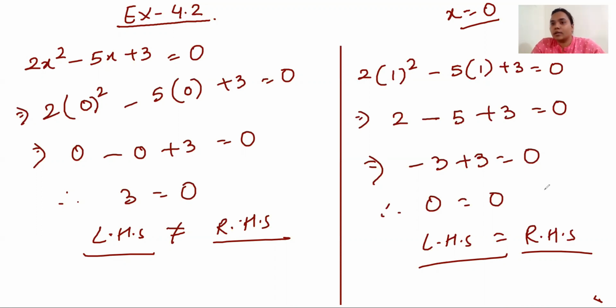Whenever we have any quadratic equation, we will always have two values for the equation. If it is a linear equation, the number of values will be 1. If it is a cubic equation, the number of values will be 3. For biquadratic, the number of values will be 4, and it goes on so on. In this chapter, we'll be learning about quadratic equations only. So we will have two values for all the questions. And it depends on which value we have to take. If only the equation is given, then we will write both the values.